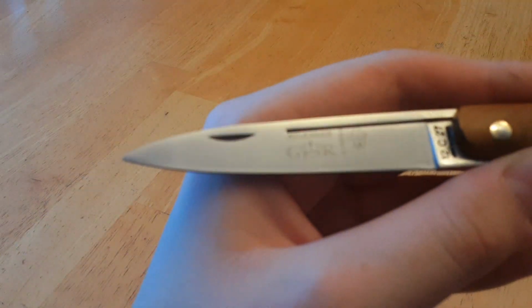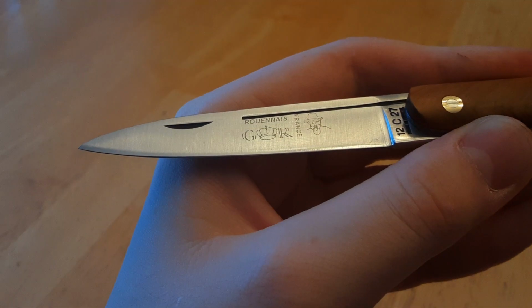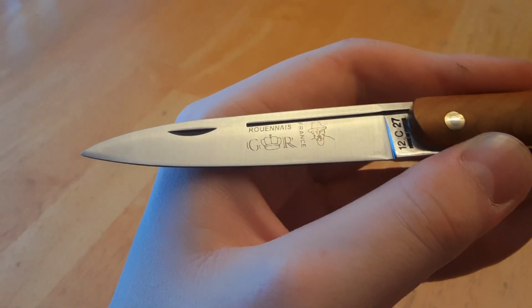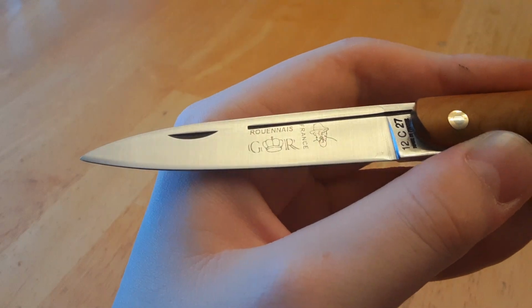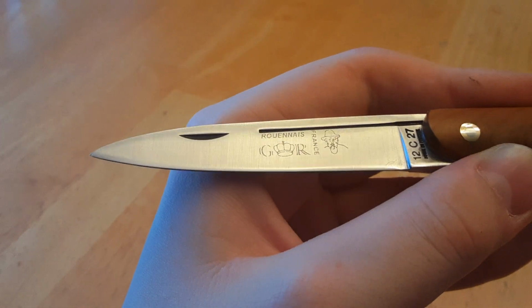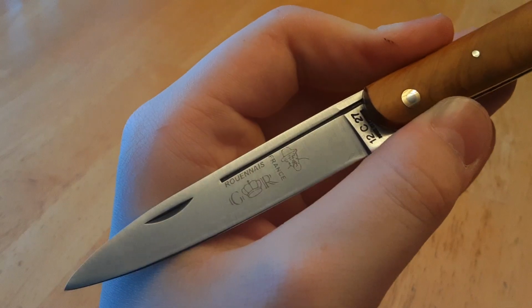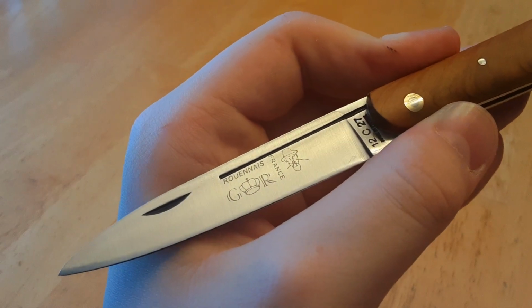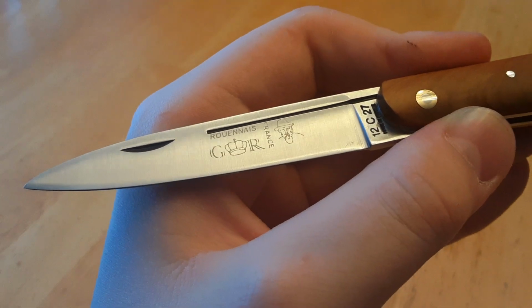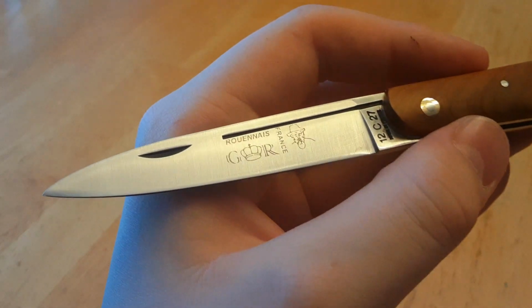There's some blade markings here. First says Rouennais. Again, I might be mispronouncing that, but that's how I seem to pronounce it. You've got the crown and the G and R, which are, I believe, the initials of the founder. It says France. It has the Knives of Our Grandfathers mark, which is a series of knives that Thiers Issard